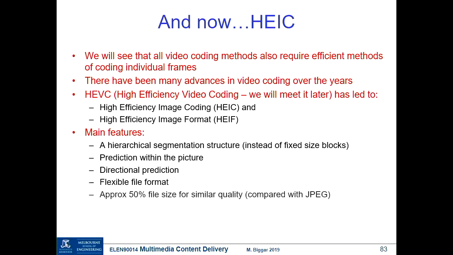The flexible file format is just allowing you to do different things more flexibly than with JPEG. For instance, back when JPEG was developed, there was no concept of having a burst of images that you can take with a modern camera phone. What's its performance? Roughly about 50% of the file size compared with JPEG, so that's why it's attractive,